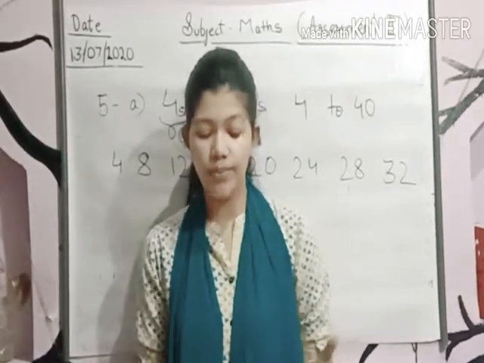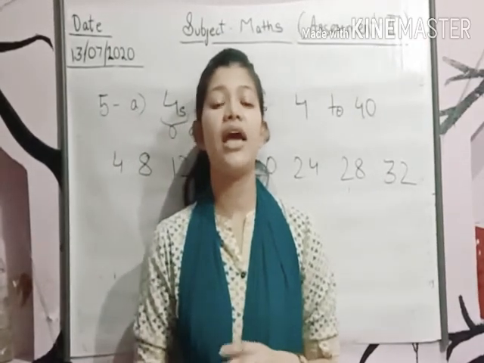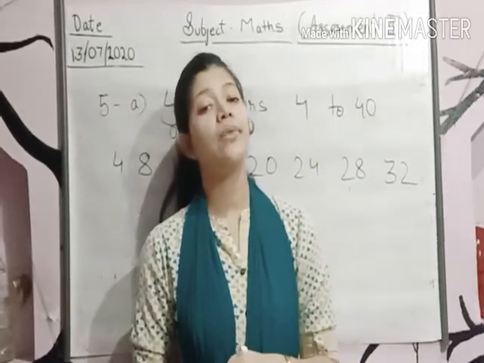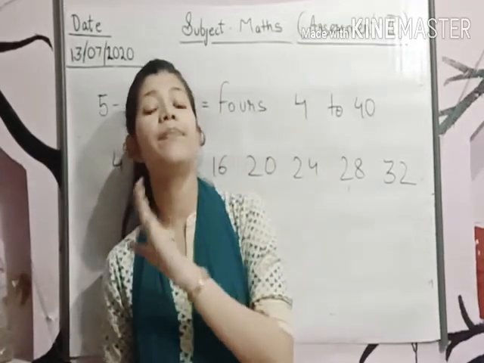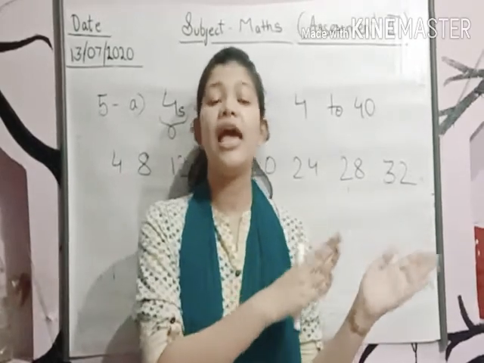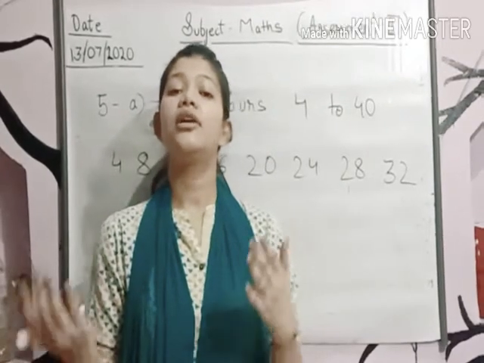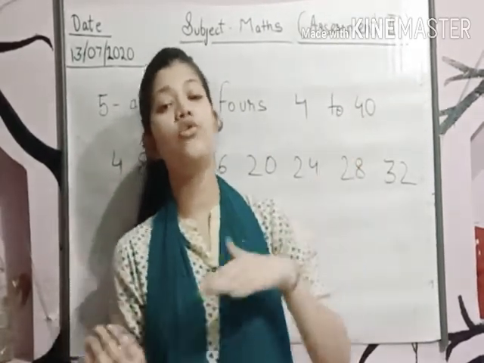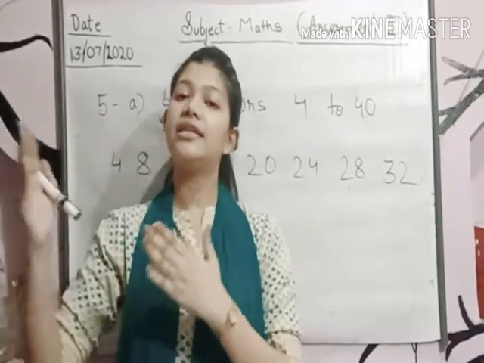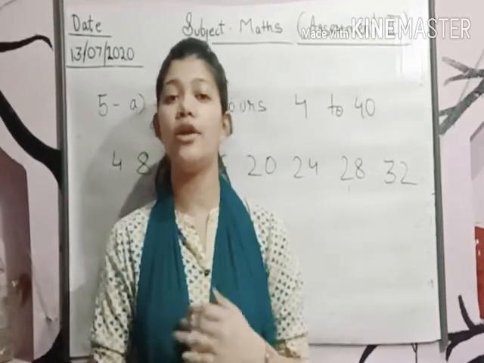Now see students, last one. Question number B. Count backward by 5s from 50 to 5. Means here we have to write backward counting. Now what do you mean by backward counting? Backward counting means to move towards the previous number. Yes, so here we have to start from the number 50 and we have to come to the number 5. Now here we will write the table from 50 to 5. Means in the opposite direction. Okay, from increasing to decreasing order. Clear? So I hope last one do yourself.